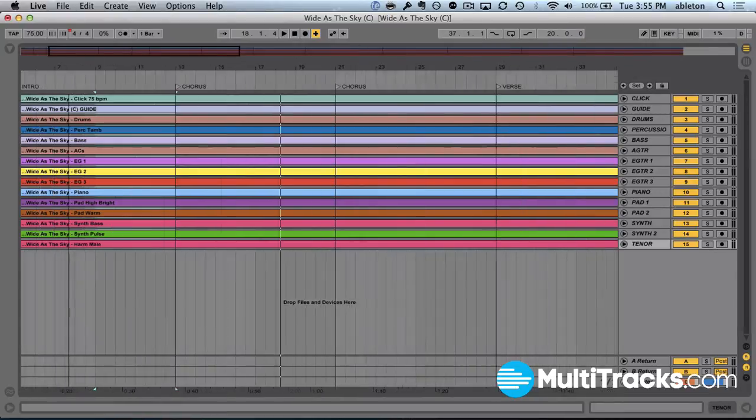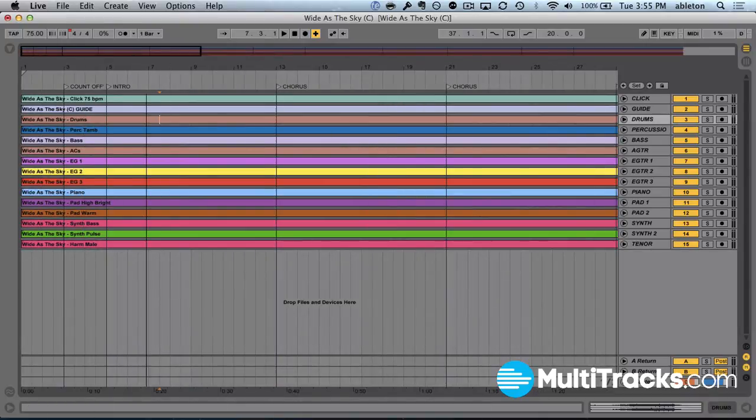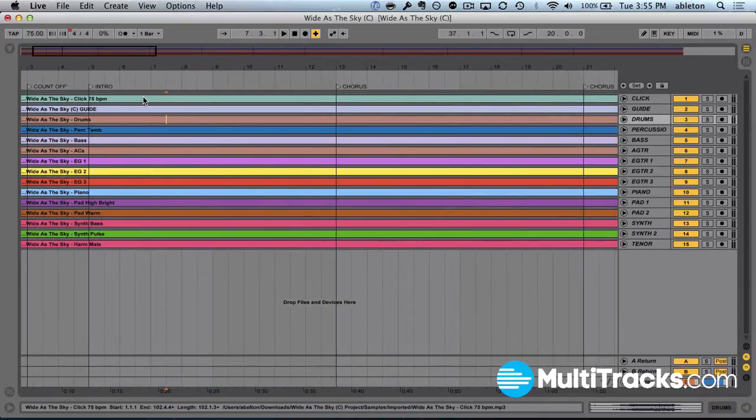So the first thing I want to do is I have this intro here. It's an 8-bar intro, and I want to cut it in half to where it's just the first 4 bars and then goes right into that first chorus. So I'm going to select this space here. Now instead of hitting delete, I want to use one of my time commands, delete time, to actually get rid